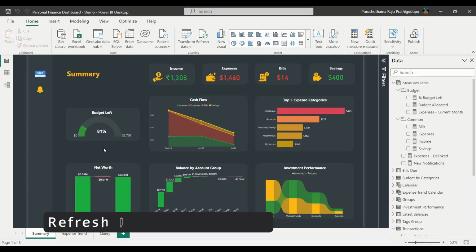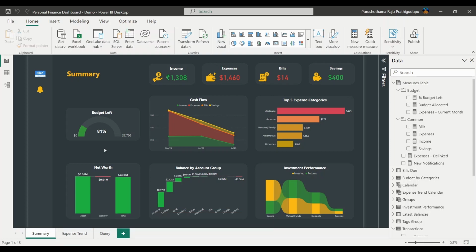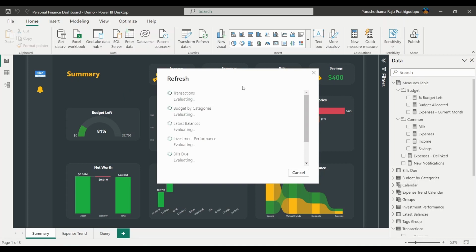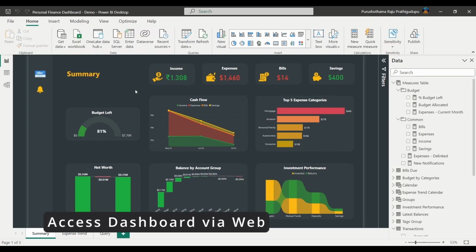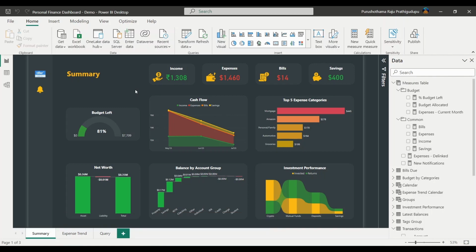If you need to refresh the data in your dashboard, when there is a change in the data in your tiller sheet, then you can just hit this refresh button in the home tab. Then it will automatically refresh the data from your tiller spreadsheet and load it into Power BI to generate these visuals again. Now, to access this dashboard on the fly via web or mobile, you need to publish this report into the Power BI service. So the Power BI service is a web-based application where we don't have to use it in our local PC.